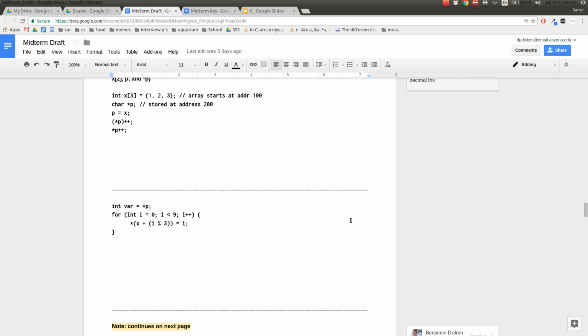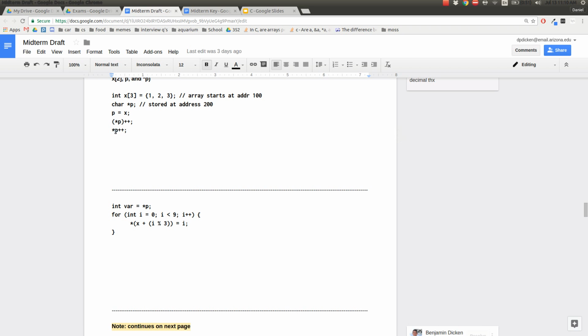up here, this one should hopefully be fairly simple. We have an array with 1, 2, 3 as its values. We set our pointer P equal to the start of that array. And then right here, what will happen is we're dereferencing whatever P is pointing to, right? Which is the first element of that array. And then we increment its value. So this first element right here will now be 2. Okay? And then right here,